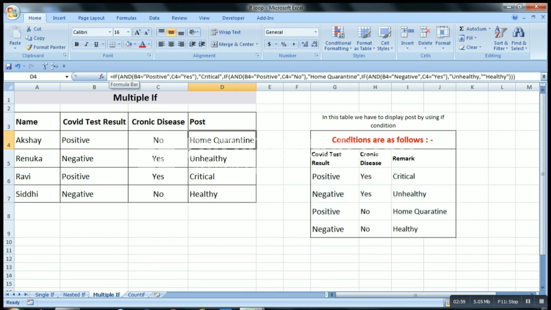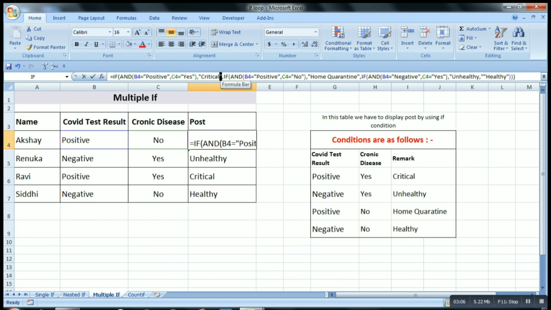First, we have to use the AND keyword which joins the conditions. B4 is positive, that is this column, and this is the input value. If B4 is positive and C4 is yes, then write it as critical.